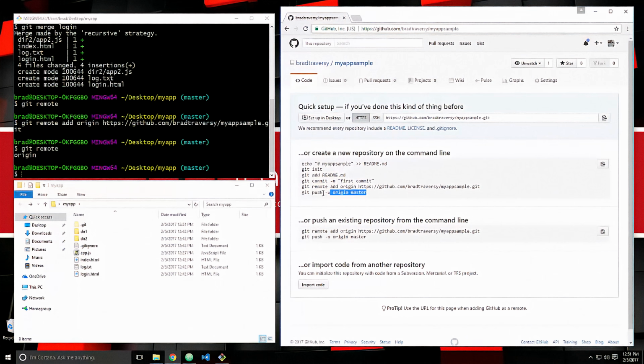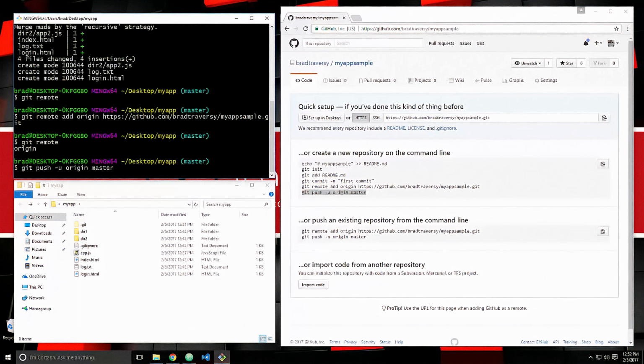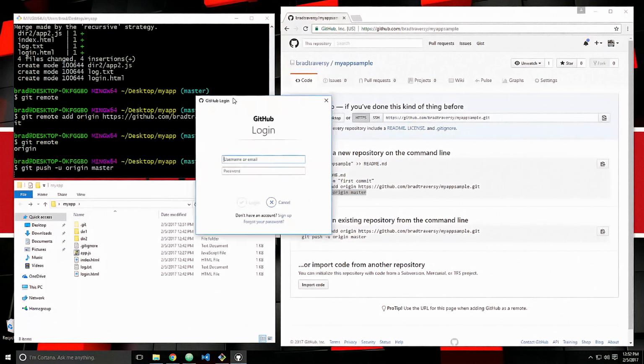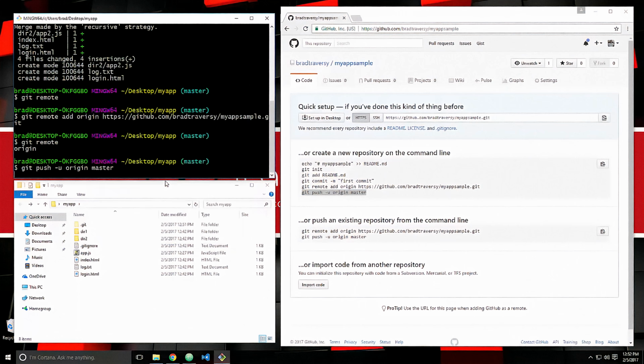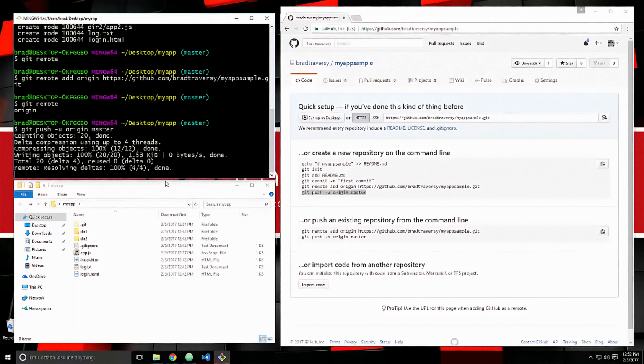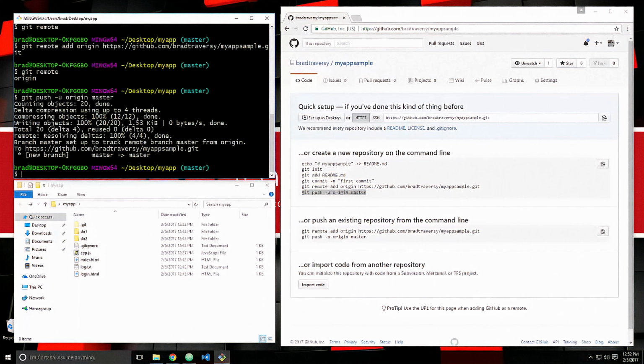So let's go ahead and do that. I'll just copy this. Okay, we'll paste that in. And that should push it to that repository. Oh, yeah, okay. So we do have to log into GitHub. It has to validate your credentials. Let's see, traversy.com, and password. Okay, so now it's going to push to the repository, to the master branch, and let's reload this, and now